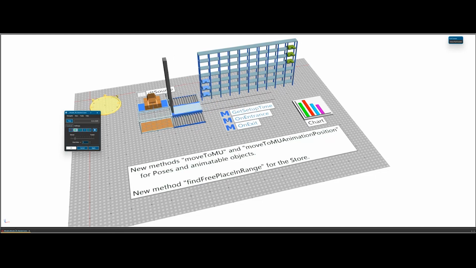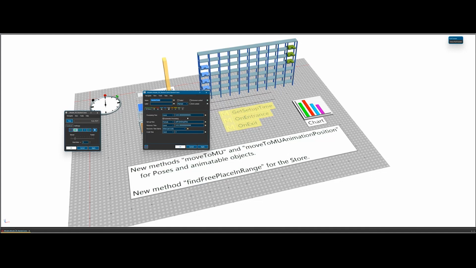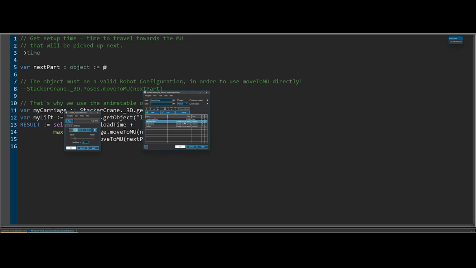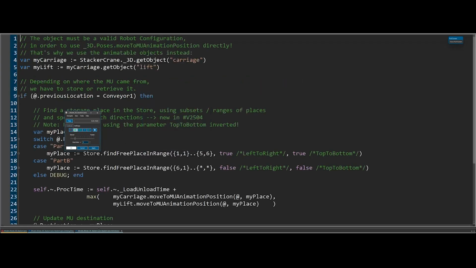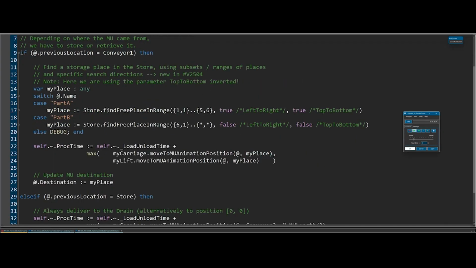So up until now, the store had the method find free place, which would give you a free place. You had no control over where the part would be placed. I have to check where I'm using it. Right here. So here now I'm using find free place in range for the store, and I have two parts, and you could consider this like a high runner and a low runner, or whatever reasoning you have for using separate areas of your store object.